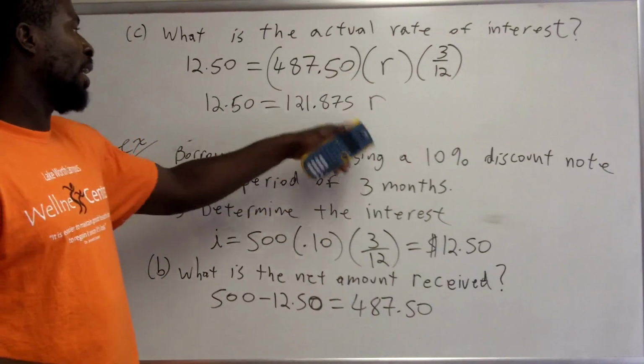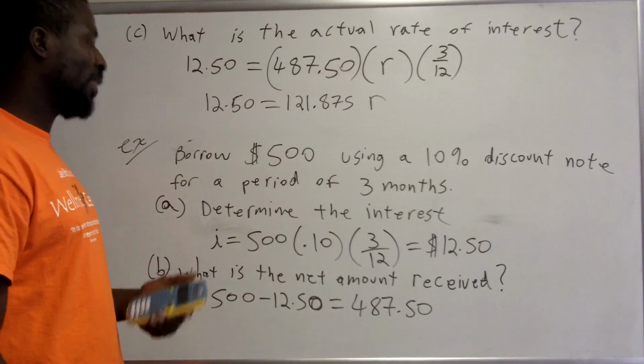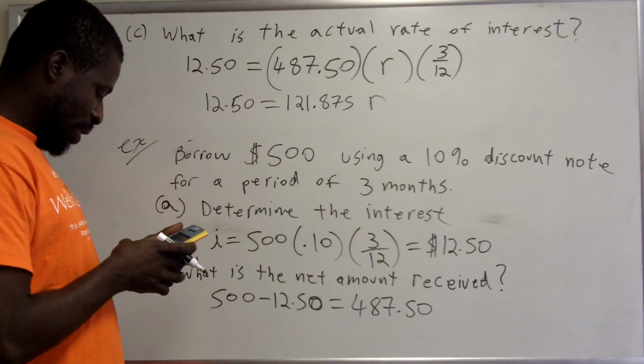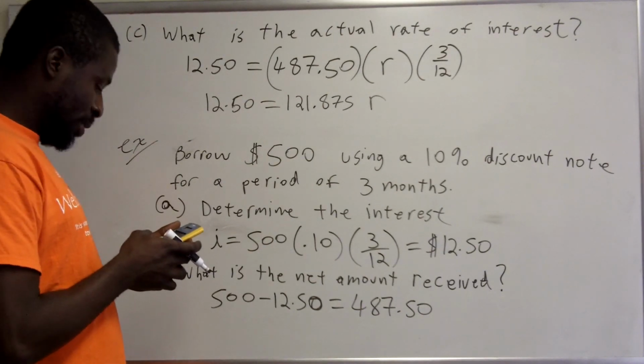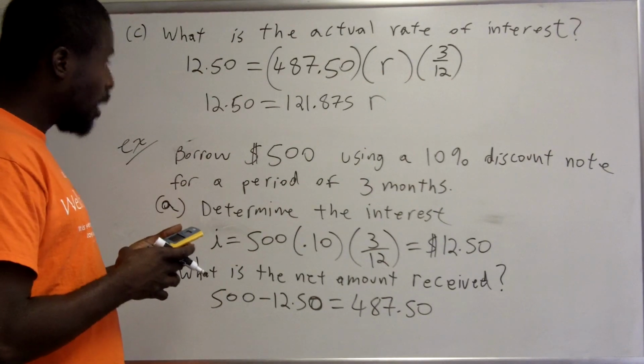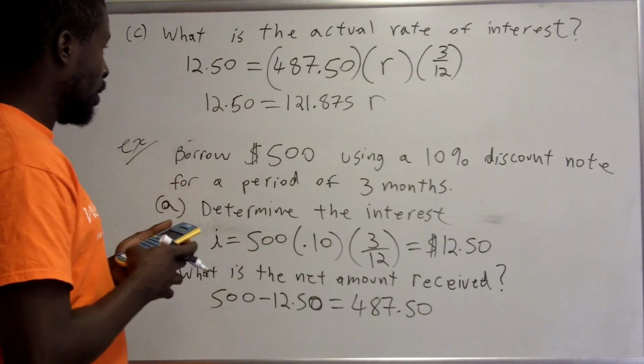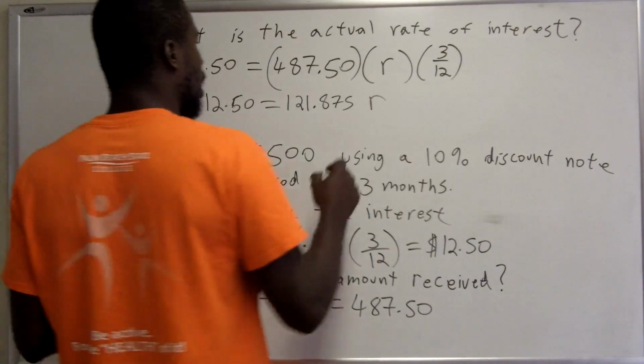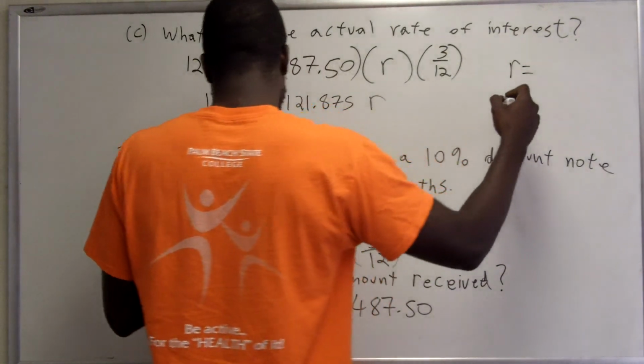Then I'm going to divide both sides by 121.875. So let's see, we will do $12.50 divided by 121.875. And I get that the R is equal to